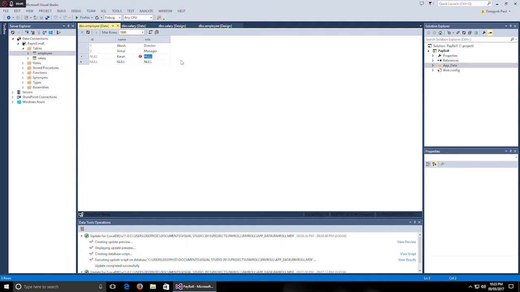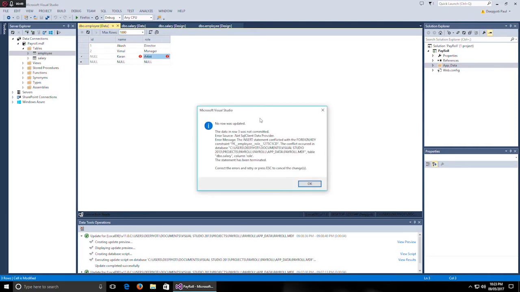Let's say artist. So you can see you will face an error that the insert statement conflicted with foreign key constraint FK employee role, because the referencing table and the reference table values do not match,